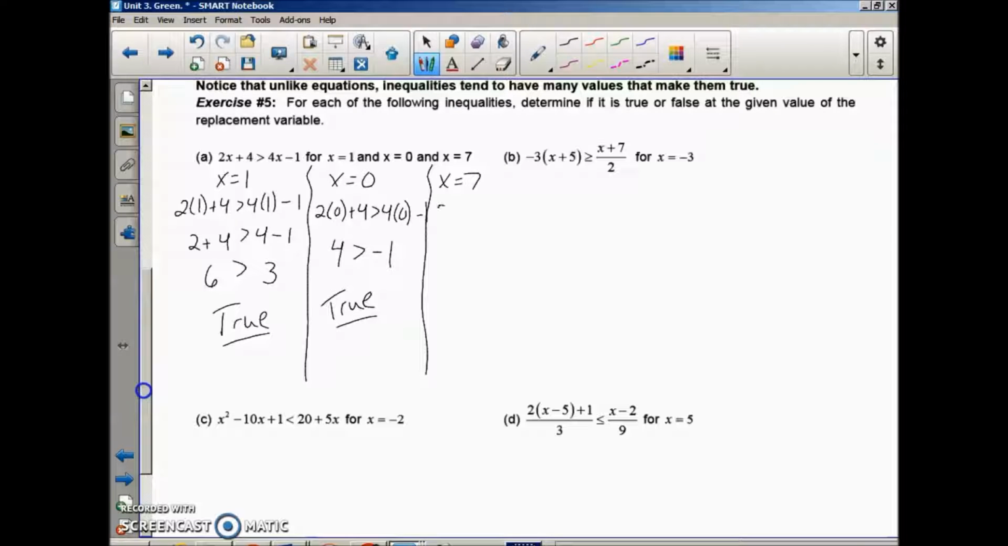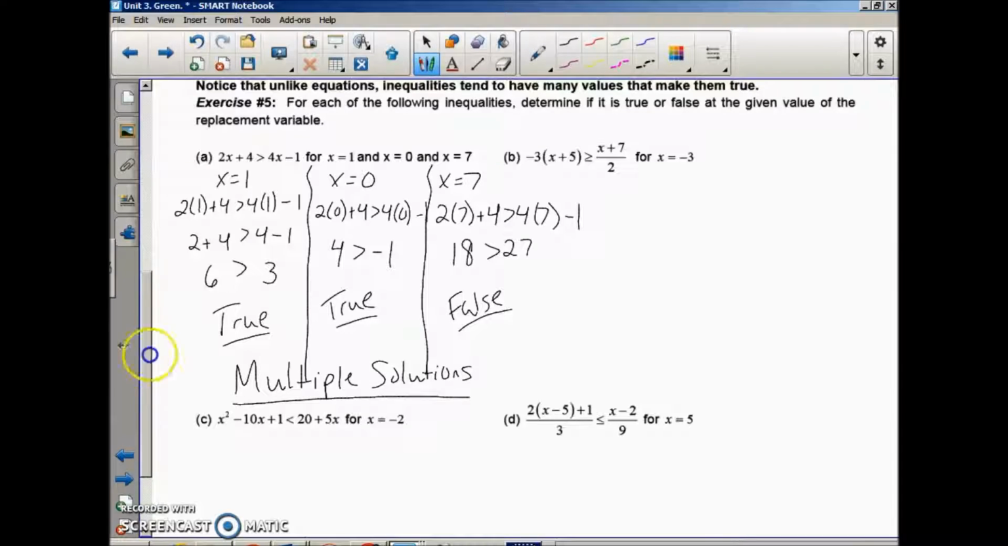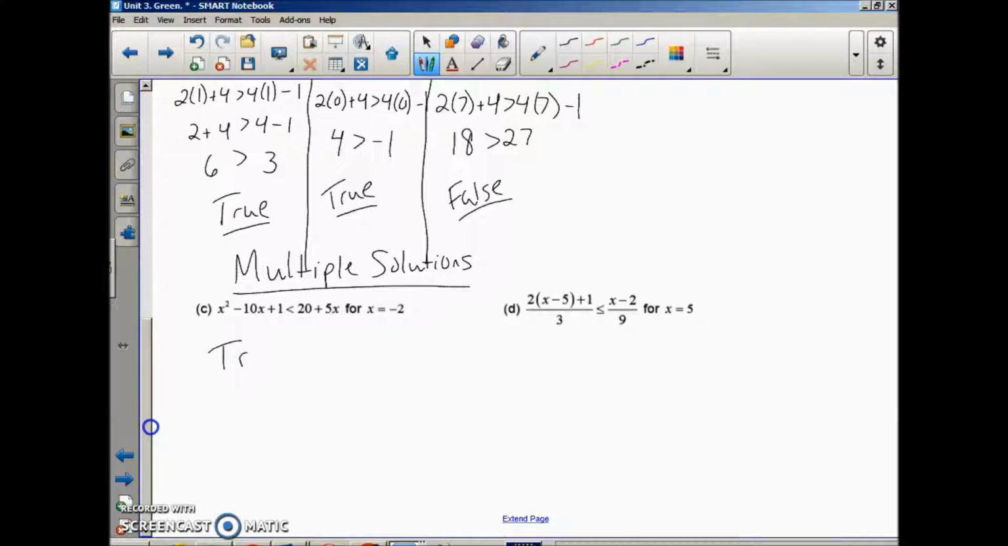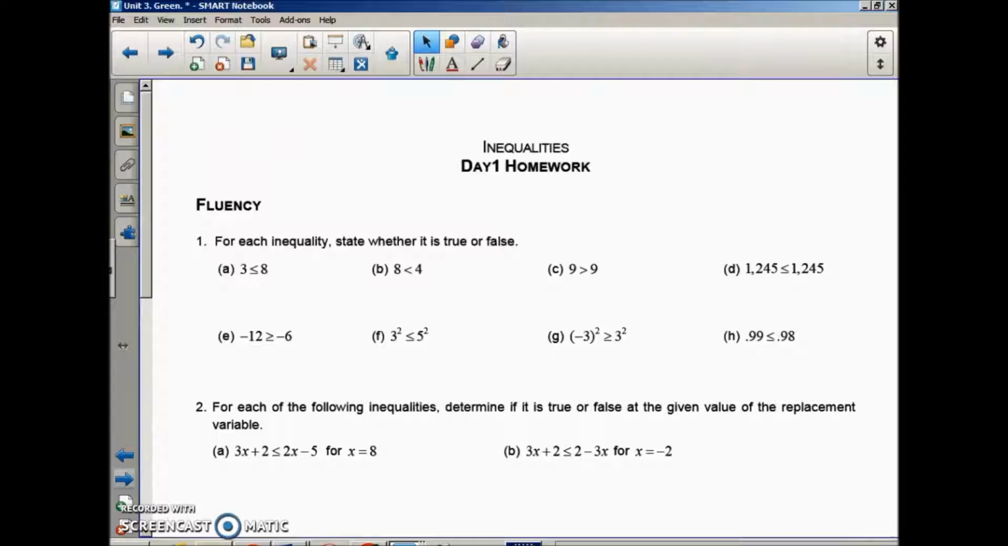But it doesn't necessarily mean there's infinite solutions like there may have been with equations, because there are other values that may end up being false. So 18 greater than, let's see, 27. That's false. So we do have true and false statements that come out of this. There's multiple solutions, but not infinite. There's multiple things that could work, but it doesn't necessarily mean everything. So to finish up the video, you're just going to take a look at C, plug in the value of -3,